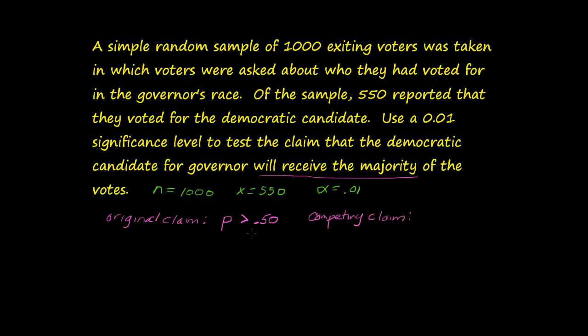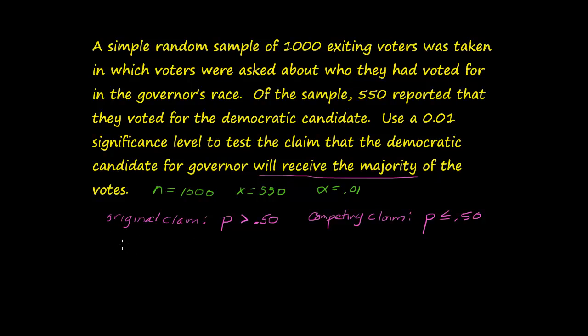This would cover everything else. So the original claim is P is greater than 0.50, so the competing claim will be that the proportion is less than or equal to 0.50. Now we've covered all possibilities. Okay, now we're ready to